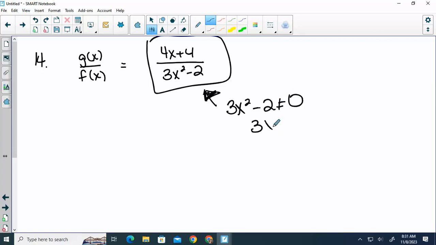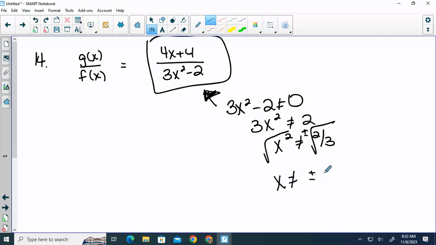So we can add the 2 over. Divide by 3. How do you get rid of a square? When you add that, what do you put with it? Okay. This is the same thing as saying the square root of 2 divided by the square root of 3. We don't leave radicals on the bottom, so if you multiply by radical 3 on top and bottom, you get